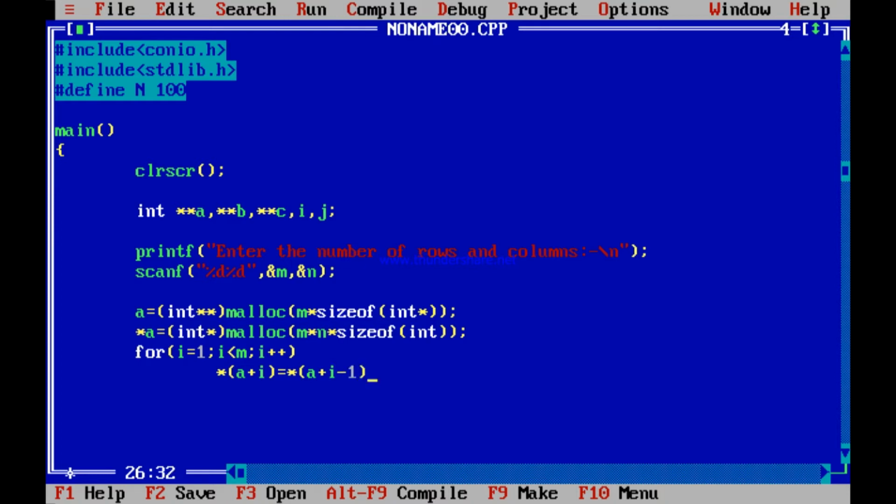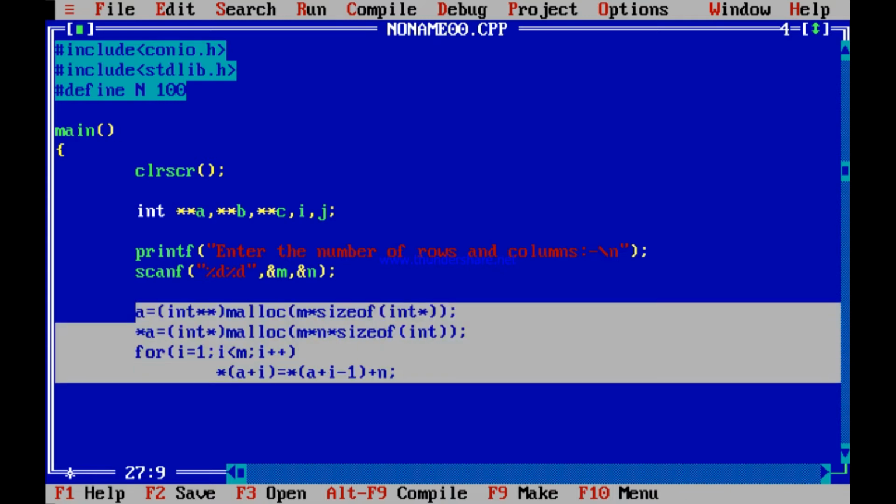So a3 is star, ai minus 1 is star of a plus i minus 1 plus what? Every time n, number of columns. So plus n. This is how you write the program. Once this is done, the same thing has to be done for B and C also. I copy this thing so that I can paste over here.